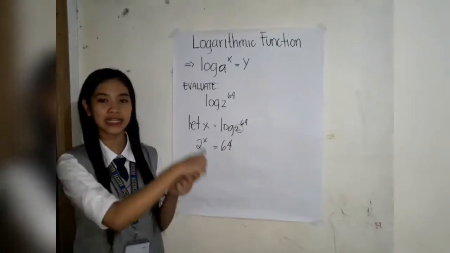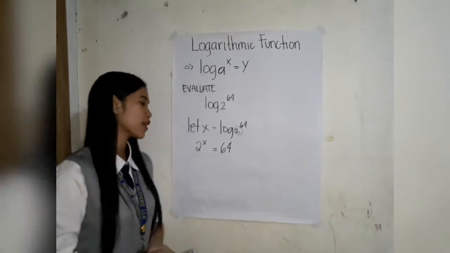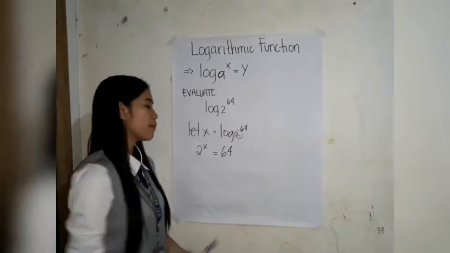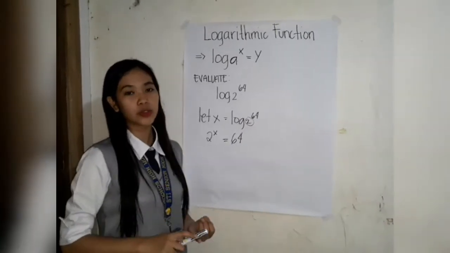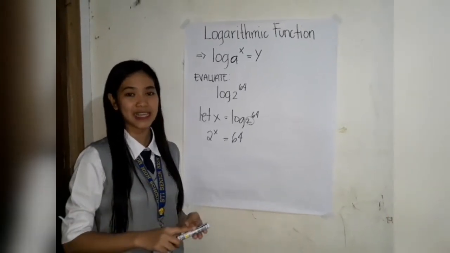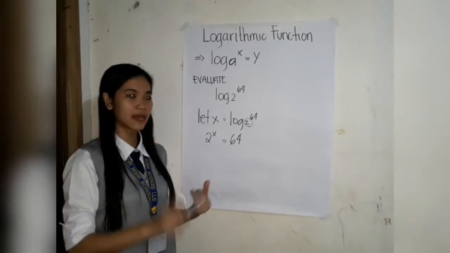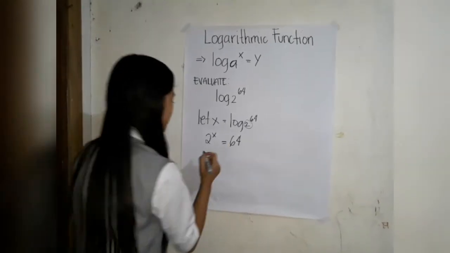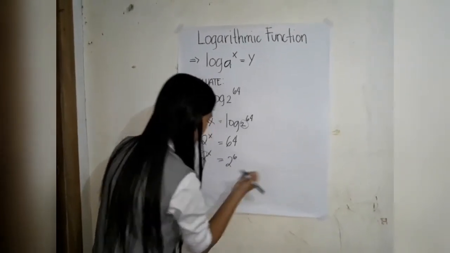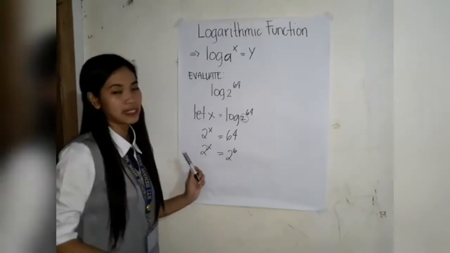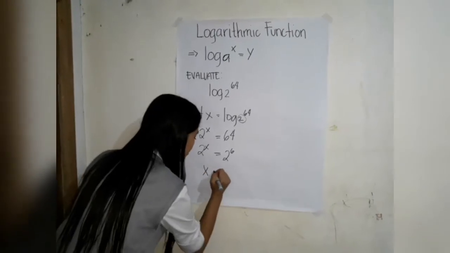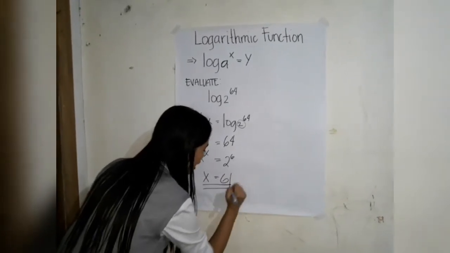Like what we did in the exponential function earlier, how many times do we multiply 2 by itself to get 64? So, 2 times 2 is equal to 4, times 2 is equal to 8, times 2, 16, times 2, 32, and times 2, 64, therefore 6. So, copy 2 raised to x is equal to 2 raised to 6. Since our bases are now the same, we just bring down the exponent, which is x is equal to 6. Therefore, our answer is